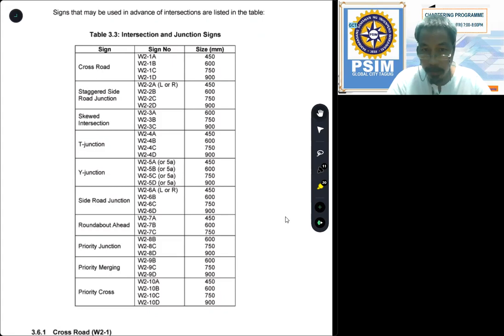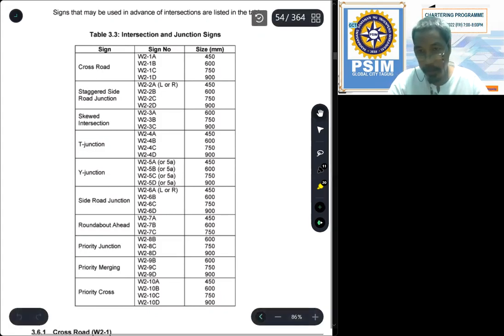Side road junction, roundabout ahead. Okay, roundabout. So there is what? Cul-de-sac. Okay, and priority junction, priority merging, priority cross. So these are the types